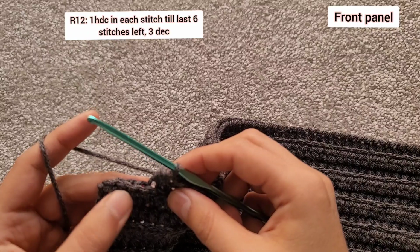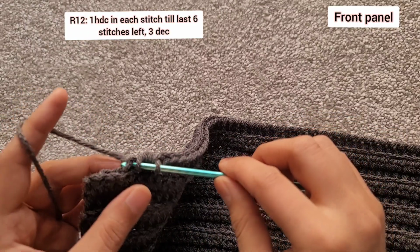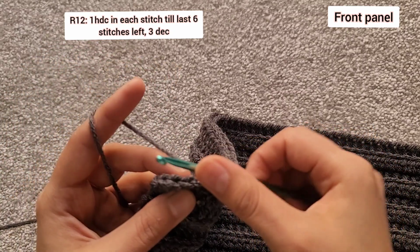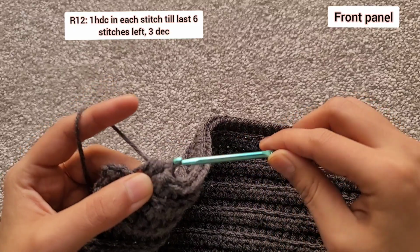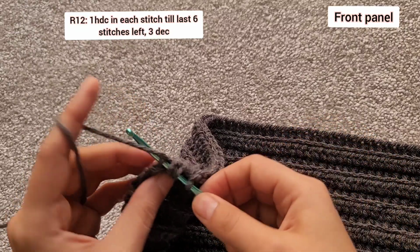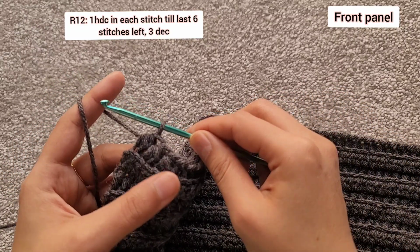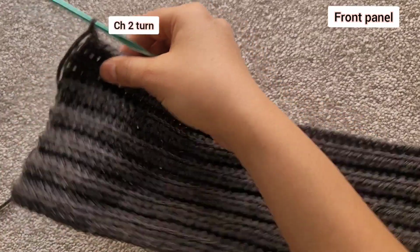Then same way we'll be doing here. Yarn over, go into the stitch, and we are working only in the back loops. Pull up a loop, yarn over, go into the next, pull up a loop, yarn over, pull through all the loops. Then again yarn over, go into the stitch, pull up a loop, yarn over, go into the next stitch, pull up a loop, yarn over, pull through all the loops. So here we have done 3 decreases. Now chain 2 and turn your work,